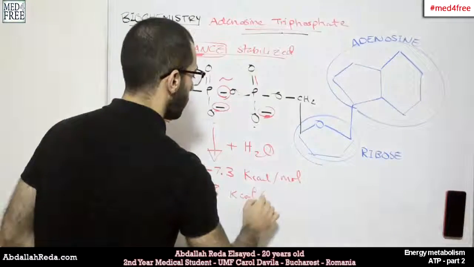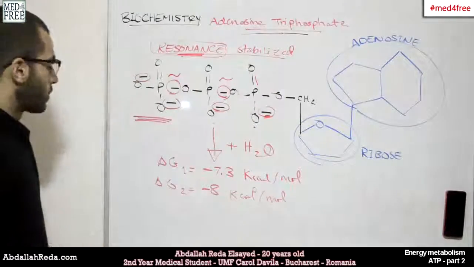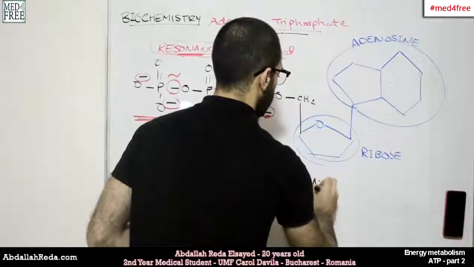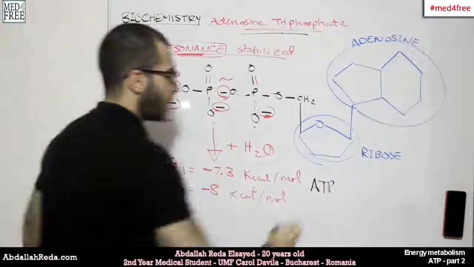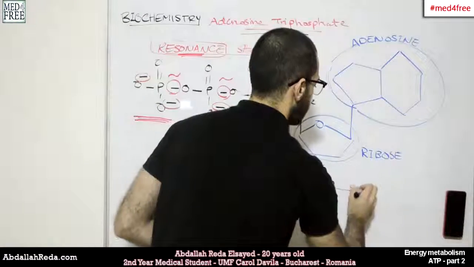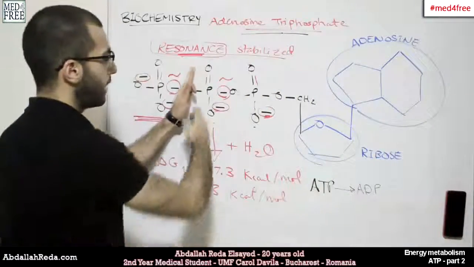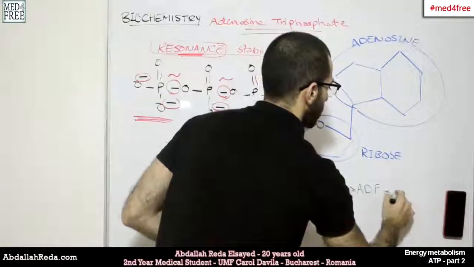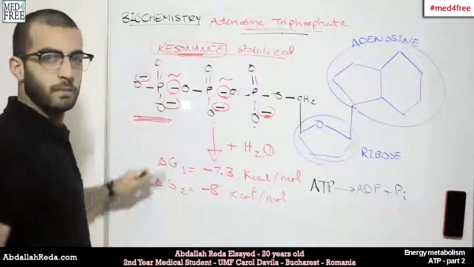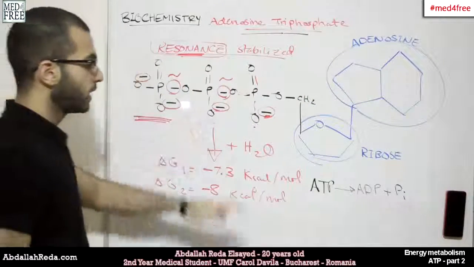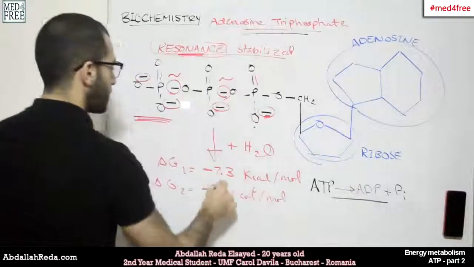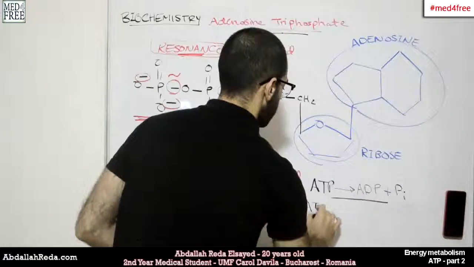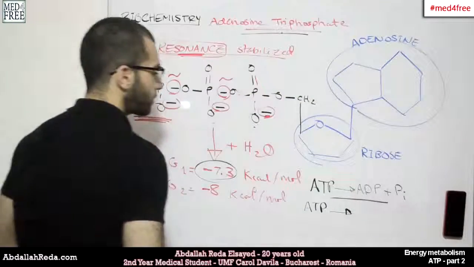So we can say that if ATP, adenosine triphosphate, is hydrolyzed into ADP, which is adenosine diphosphate, because we would have two phosphate groups, plus Pi, which is the lone phosphorus group or phosphoric acid group that would be removed, this reaction would release that amount of energy. While if ATP is hydrolyzed into